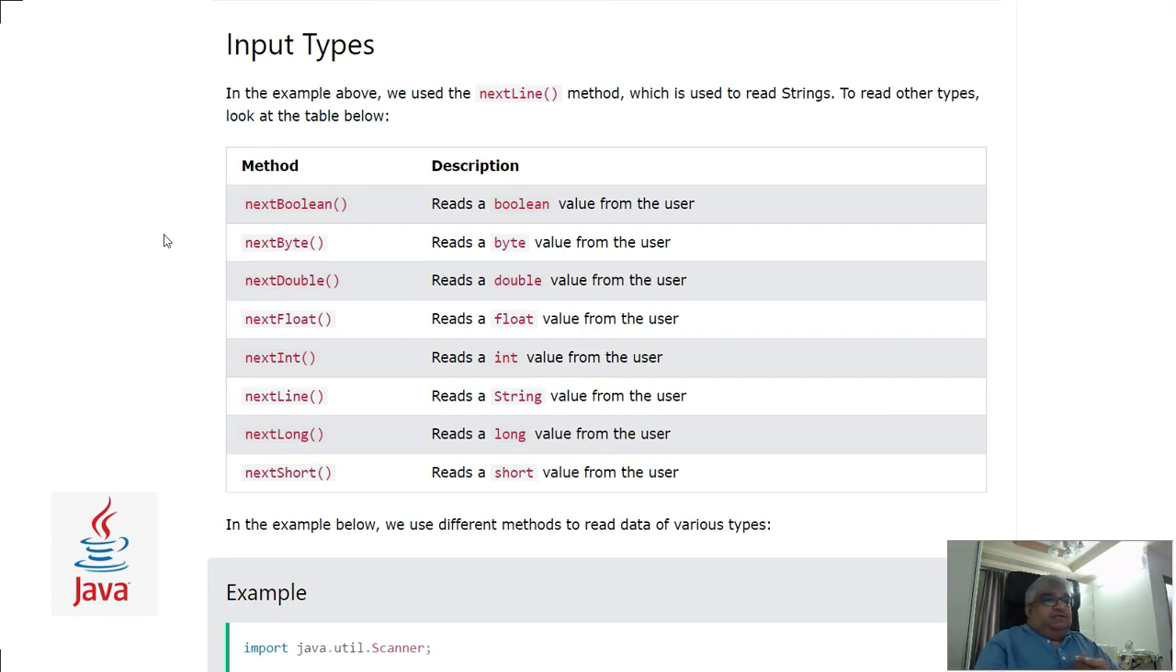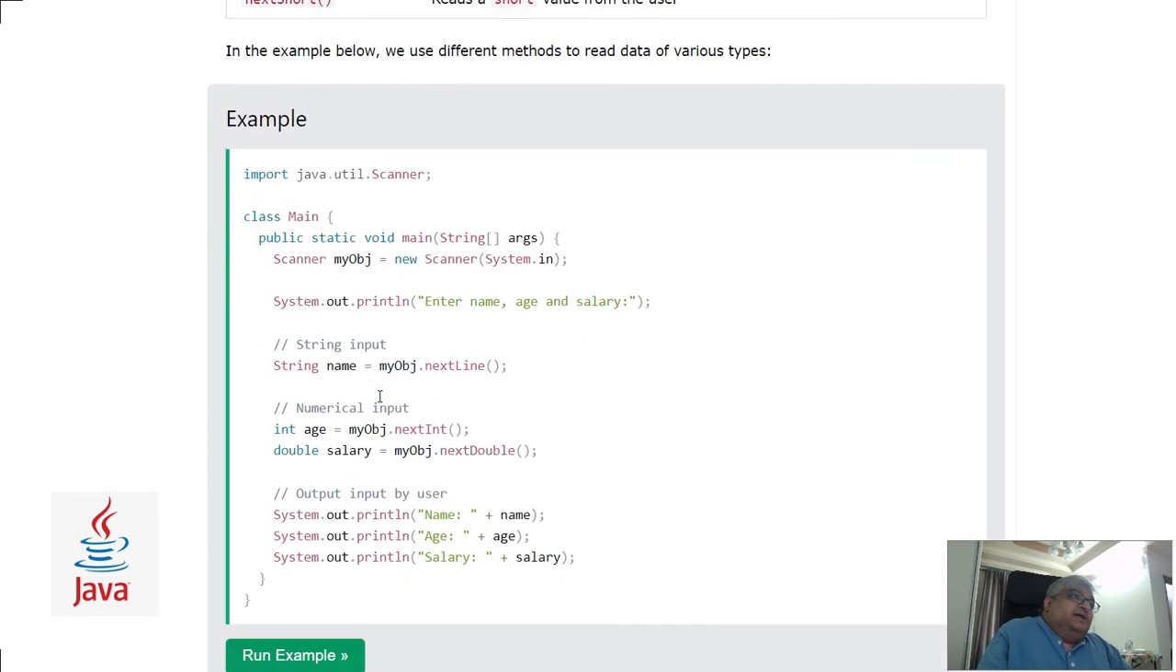So guys, as I said, in our previous example we have used the Scanner class to take text input by using the nextLine method. Similarly, if you look at the documentation of the Scanner class, there are many other methods. For example, nextBoolean is used to read boolean input, nextByte is used to read byte input, and there are also double, float, integer, long, short, and string. So for every type of input there is a different method. So in our next